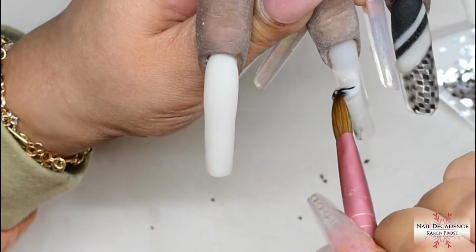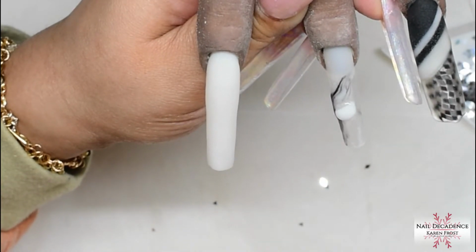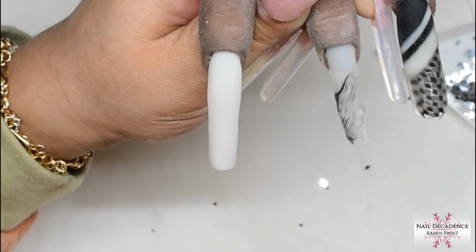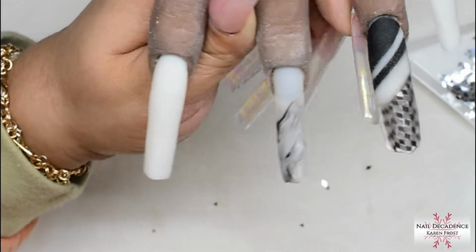I'm going to do a marble on this now, so I switched to the smaller brush. Just makes sense to me. It doesn't hold as much monomer, and I'm not wasting the monomer putting too much on, and I can get a good marble with a smaller brush. Obviously it can be done with a bigger brush, but I just prefer to do it with a smaller brush,